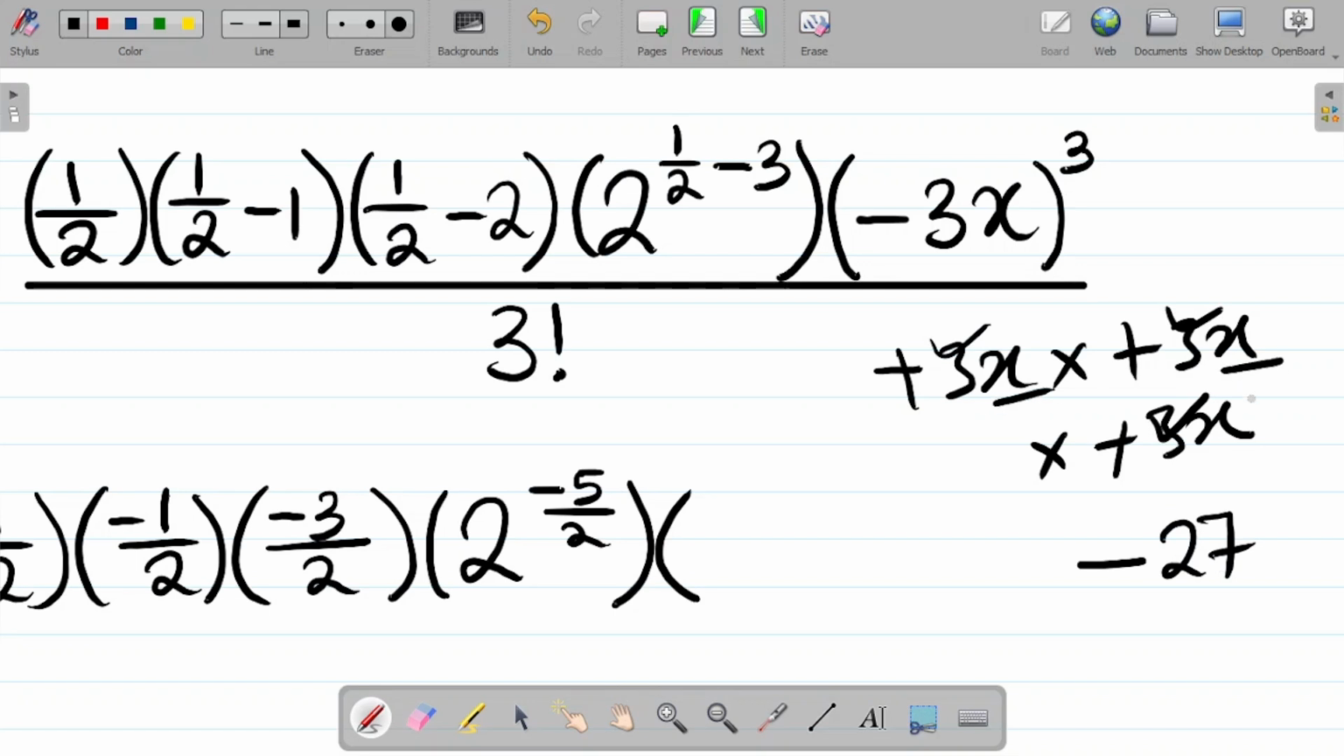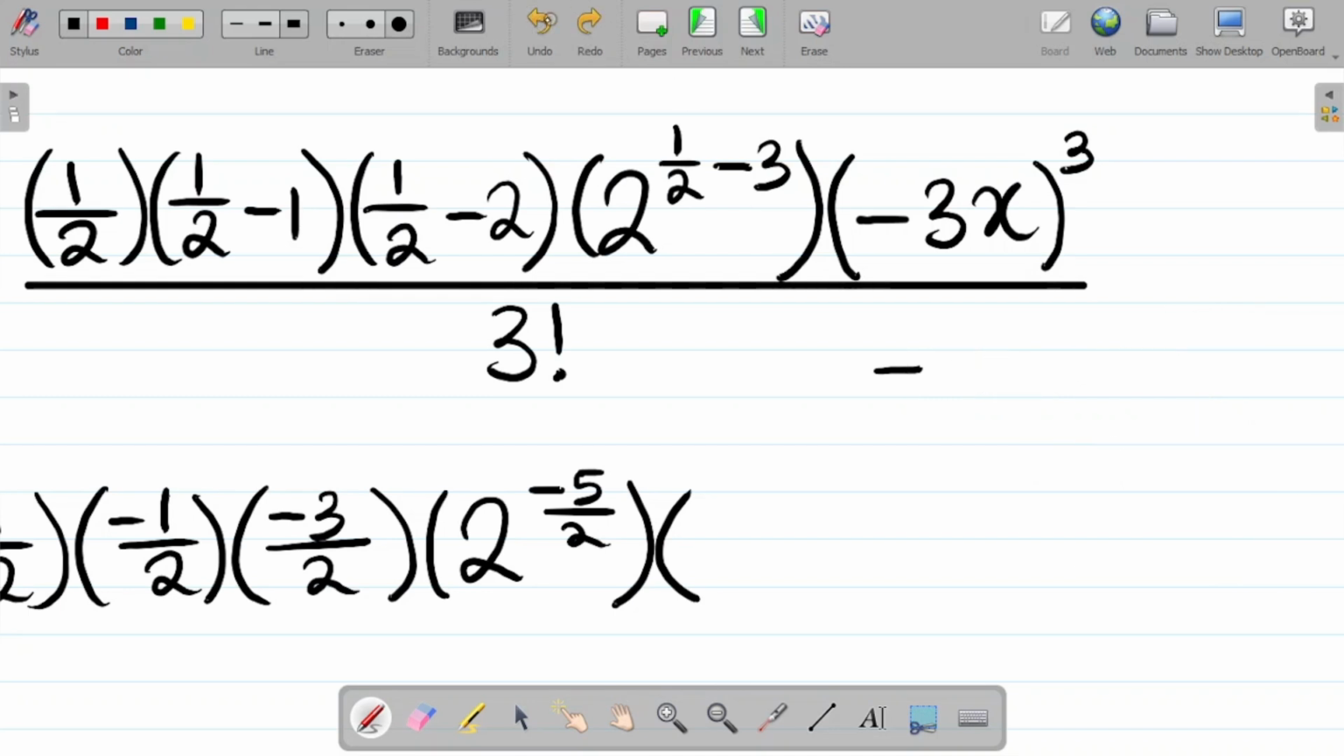x times x is x squared times x is x cubed. So I have minus 27x cubed as your answer. So let's put in that value. I'll put the value there as minus 27x cubed,